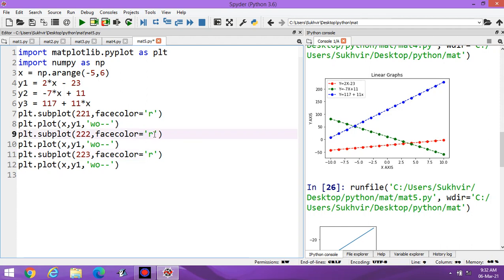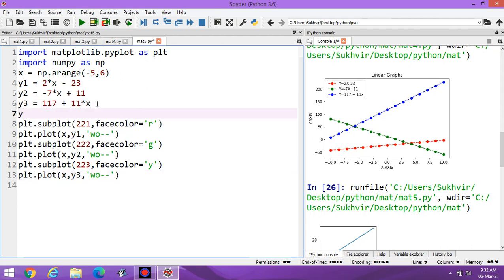These are the locations. A 2 into 2 matrix is there, and first location, second location and third location. Suppose I am changing the colors: red, green, yellow. Here we can change y2 and y3. One more graph you can design. Suppose I am writing y4 is equal to x square.